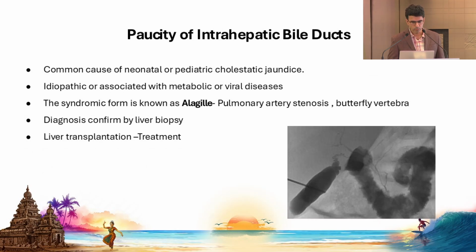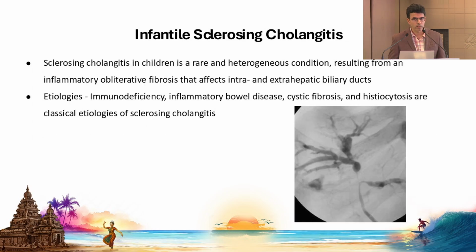In the second image, we see biliary atresia: the gallbladder appears dysplastic, with no intra- or extrahepatic opacification of the bile ducts. Sometimes, like in this case, after the puncture the intra- and extrahepatic bile ducts are seen, and there is opacification, with contrast seen in the duodenum, but the ducts are very small and hypoplastic, which can be seen in biliary hypoplasia or Alagille syndrome. However, liver biopsy is confirmatory in these cases. Sometimes you can pick up infantile sclerosing cholangitis secondary to immunodeficiency and histiocytosis, particularly in children, in which we get irregularly dilated ducts.